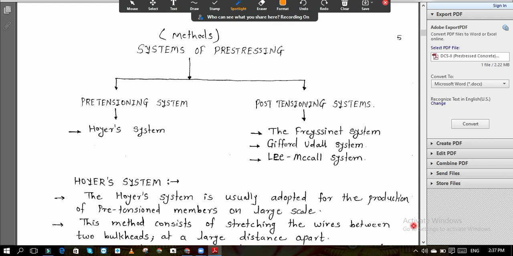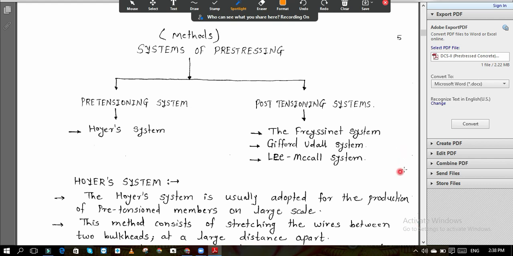These are the systems of pre-stressing। Systems means what, हम जो अभी ये सब कर रहे हैं, प्रीस्ट्रेस अप्लाई करना, वो टेंडन कट करना। Okay, so to apply the pre-stress in the proper manner to the structure or to the member, there are some standard processes which are set by different scientists, and their names are given to that system। So the Hoyer system means there was a scientist, Professor Hoyer, who invented that system। The Freyssinet system, Freyssinet is also the name of a person who invented that system to apply the pre-stressing force to the member. That is why the names are like this.